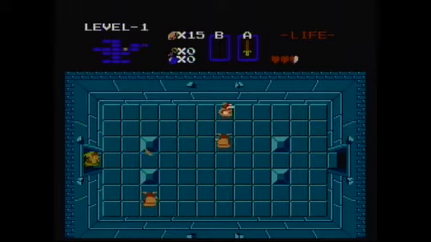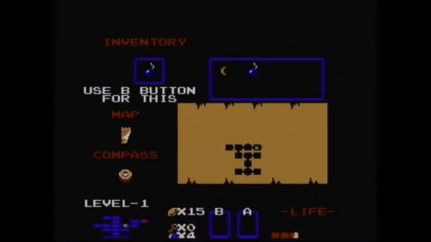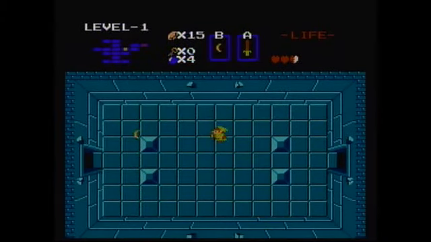Okay, so here's where we get the boomerang. Up in the top northern point there is where we will get the bow and arrow. Well, just the bow. You actually have to buy arrows. Oh, buttons. Yay, boomerang. Okay, where's the sword? Alright. Nope. It might be straight. I don't know how the classic controller works. Alright. We'll get used to it eventually. Yep. Alright, we got this. We'll just go up and get the